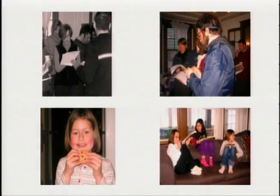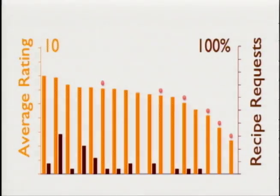And you notice that we labeled each one with numbers. And that was so when we had our friends and family over for a tasting party, it was a blind tasting. And we asked everyone at the party to rate each cookie on a scale from 1 to 10, and then also let us know which recipe they wanted so they can try it at home. When we looked at the results, we found that the adults liked very different cookies than the children did,